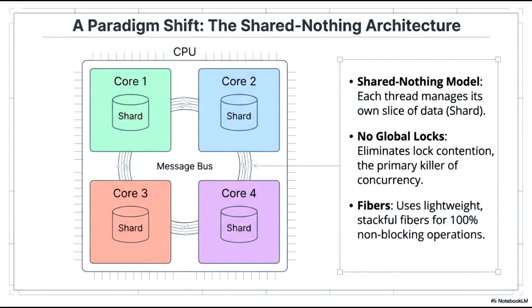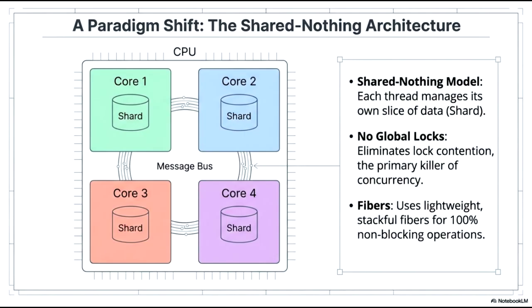This slide illustrates a fundamental paradigm shift in system design, the shared nothing architecture. In this model, we move away from traditional shared memory structures to a system where each thread operates independently, managing its own specific slice of data known as a shard. By isolating data to individual cores, we effectively eliminate global locks. This is a significant breakthrough, as lock contention is traditionally the primary killer of concurrency and a major bottleneck in